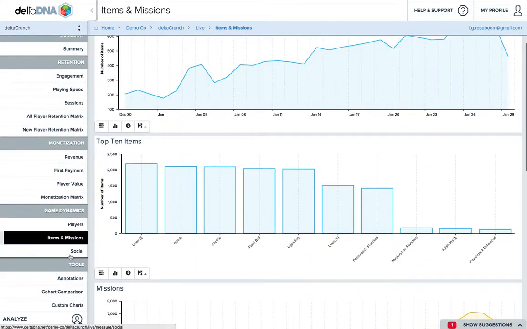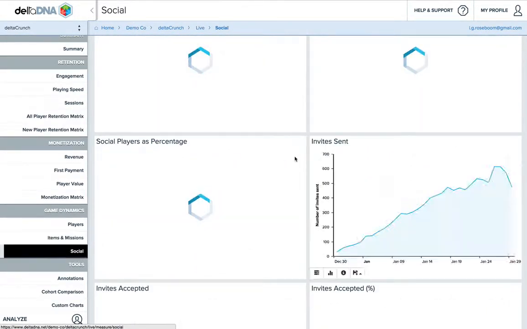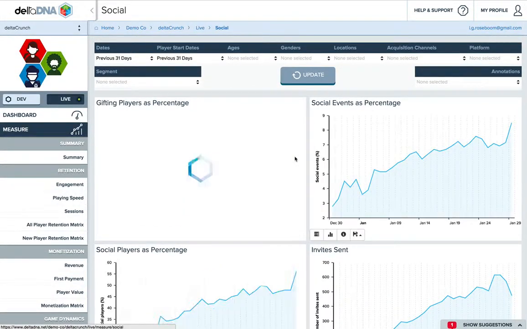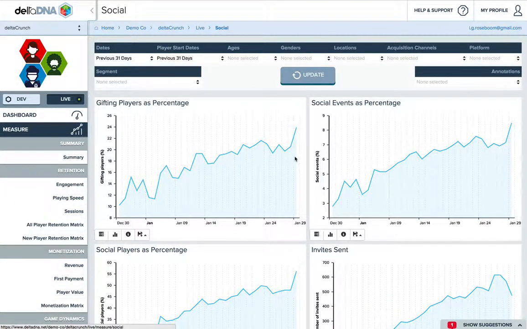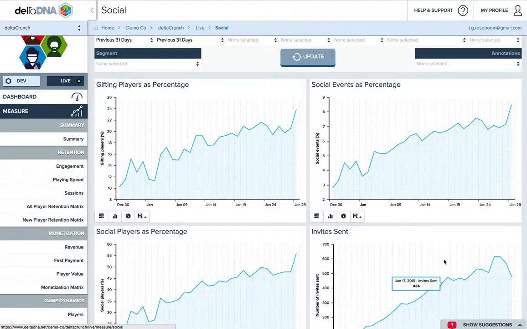Okay, and finally in the charts we have social. Again, this is another page which really requires the data to be set up in a certain way. So for the gifting charts, you need to be using the gift sent and gift accepted templated events. And similarly for the invite sent, you need to be using the invite sent or invite accepted templated